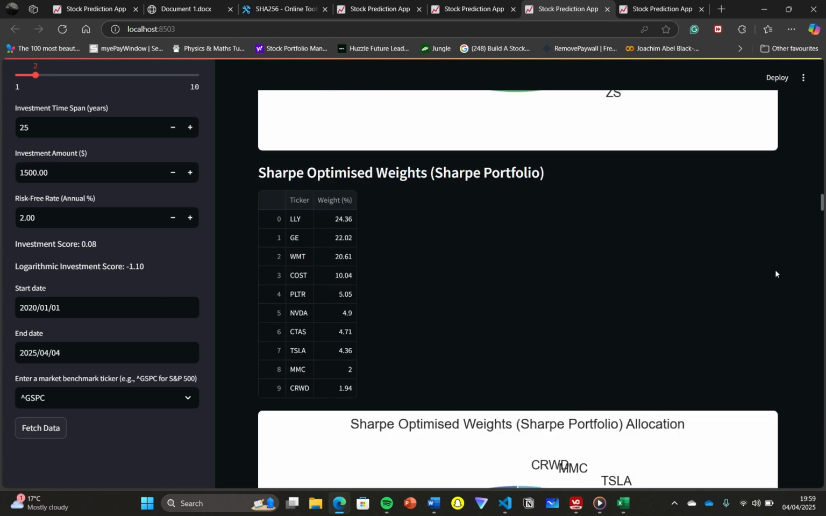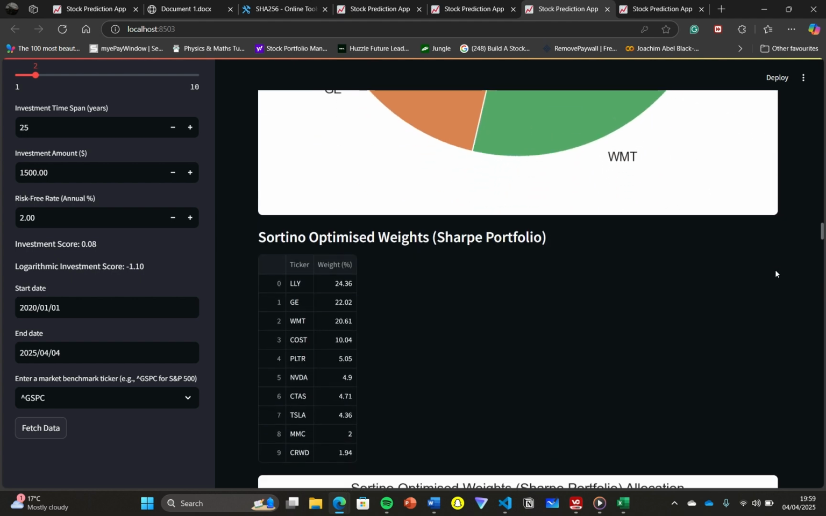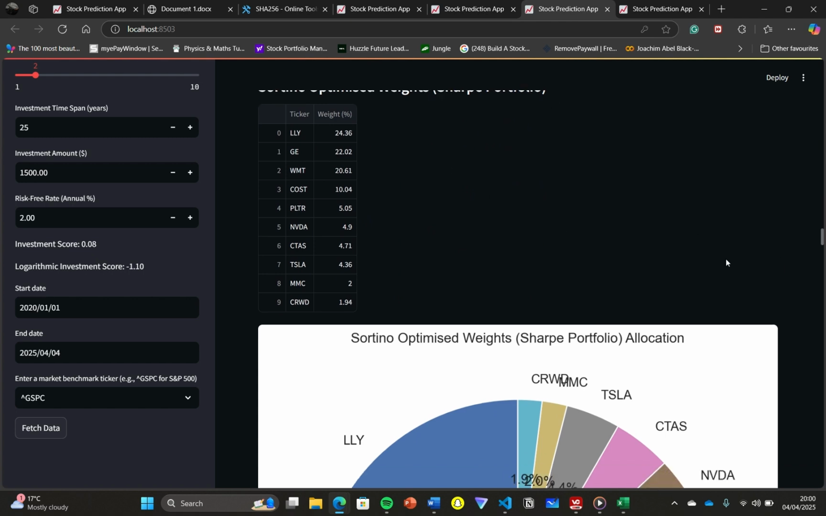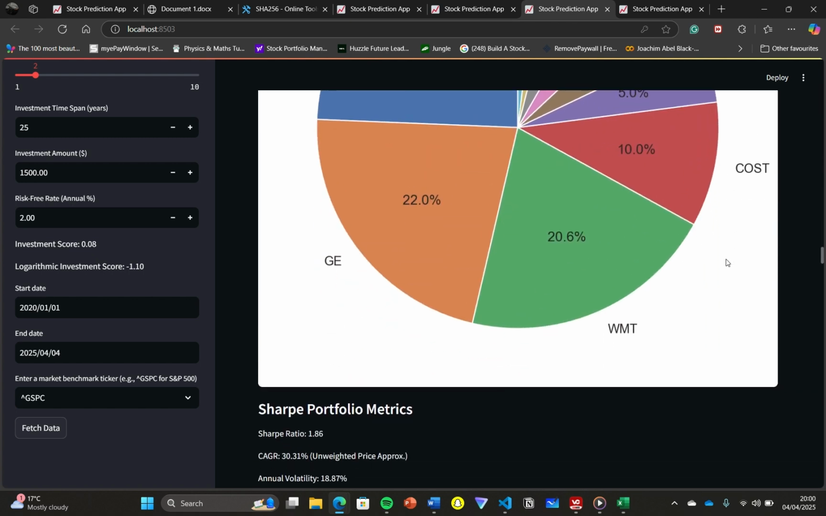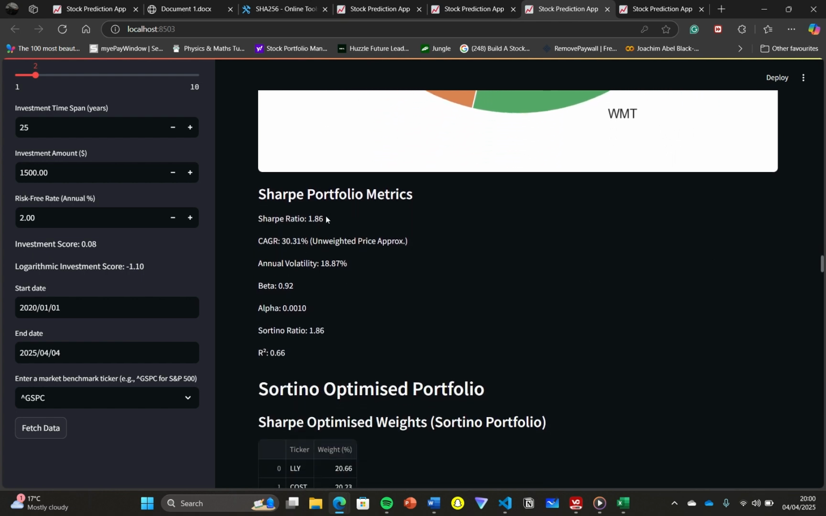Looking at the Sharpe portfolio, if I wanted to maximize my Sharpe ratio again. If I had my Sharpe portfolio and I wanted to optimize my Sortino ratio. Again, all of these will be the same in this case, as both the Sharpe and Sortino portfolios are the same. We have the metrics: 1.86 Sharpe ratio, a 30% compound annual growth rate, 19% volatility, beta, which represents volatility